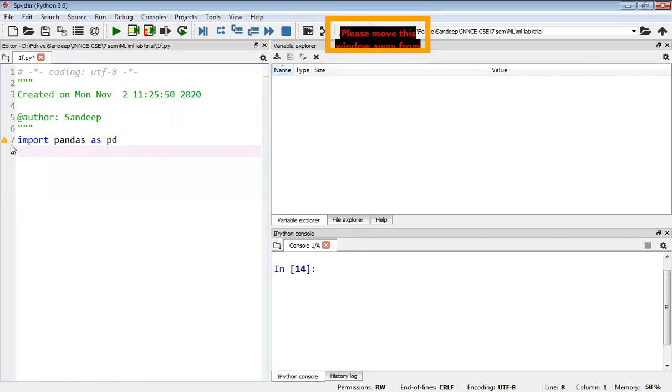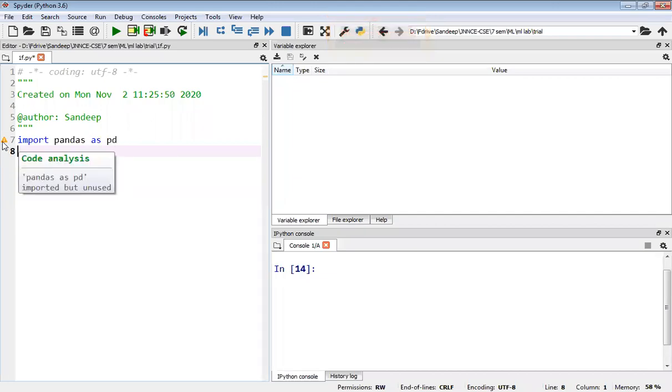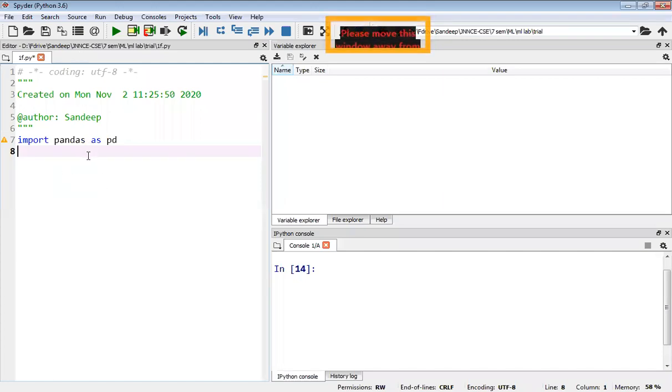And you can see there is a warning signal here. It is saying that you have imported pandas, but it has not been used in the program. We have not used pandas anywhere, so it is saying you have not used it. Is it clear? I need a data frame to store my data, and for that reason, which is present in pandas, I'm importing the pandas library and giving it the name pd. Wherever you see pd in the program, that means you are using pandas. So this will be the first line in your program.